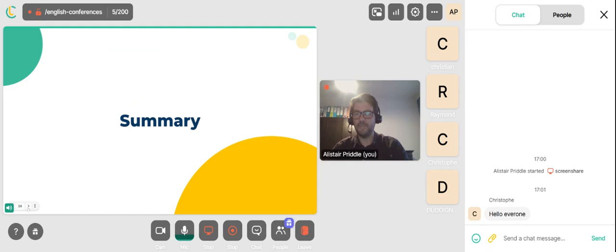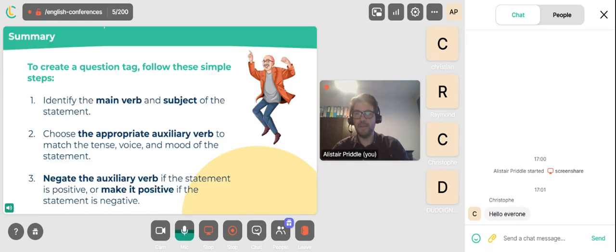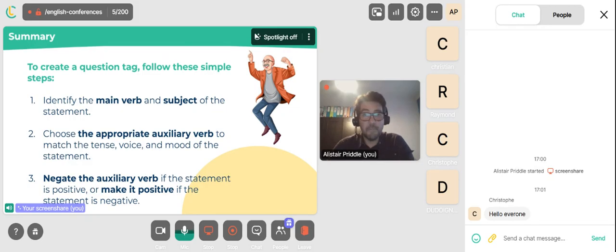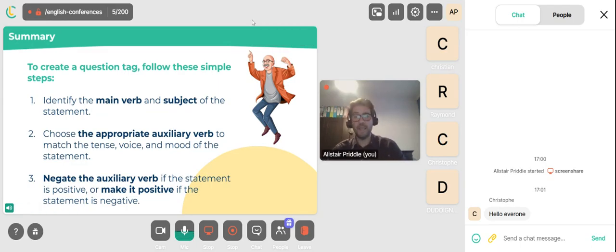Okay. Well, let's have a look at our summary then. So, to create a question tag, follow these simple steps. Number 1, identify the main verb and subject of the statement. Number 2, choose the appropriate auxiliary verb to match the tense, voice, and mood of the statement. Number 3, negate the auxiliary verb if the statement is positive, okay, or make it positive if the statement is